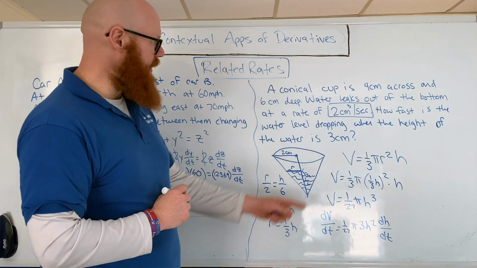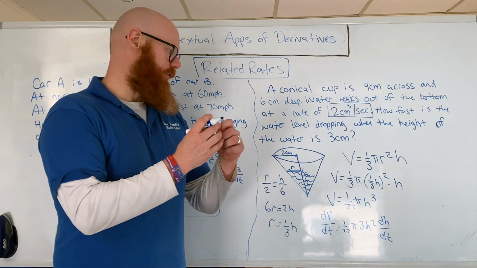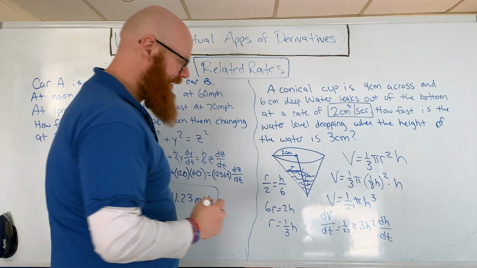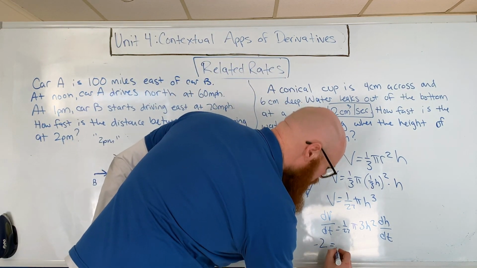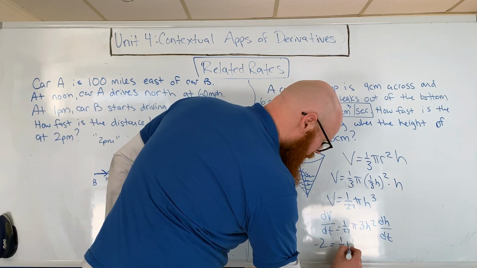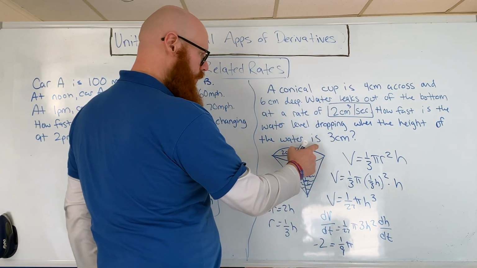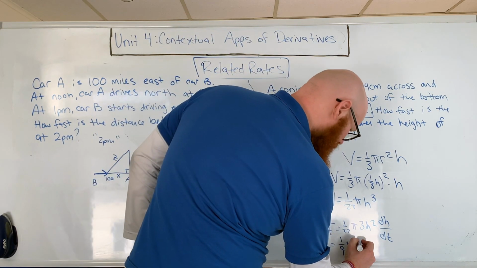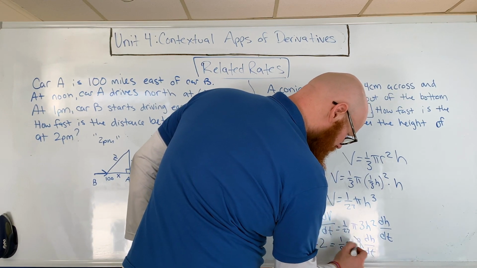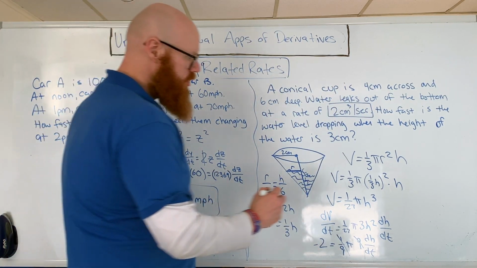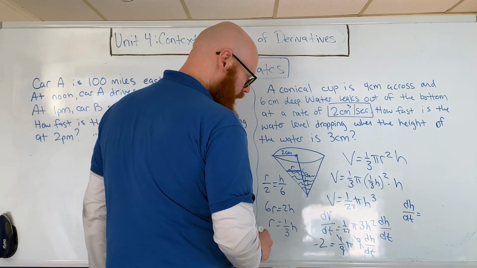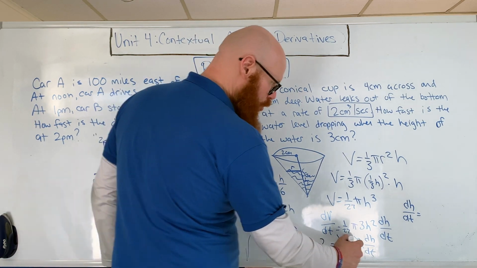Now let's plug in. So it's leaking out. So the cone that is the water inside is getting smaller. So that is a -2. 3 over 27 is 1/9. h is when the water level is 3, so 3 squared is 9 dh/dt. Well, this is nice. The 9 and the 1/9 cancel out, so I can go over here. So finally, dh/dt, the rate at which the water level is dropping, is going to be -2 over pi,